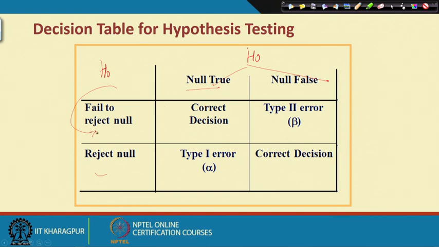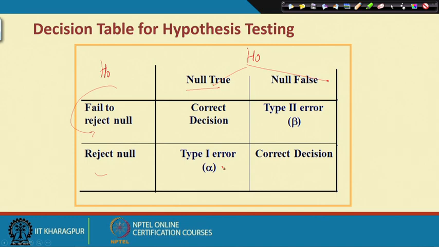So, now the structure is here: failed to reject the null. That means you are not in a position to reject the null hypothesis when it is true. As a result, it is declared a correct decision. Now in the counterpart, you are rejecting the true null hypothesis. That is what is called a type 1 error, which is called alpha, and that is specified in the normal distribution as